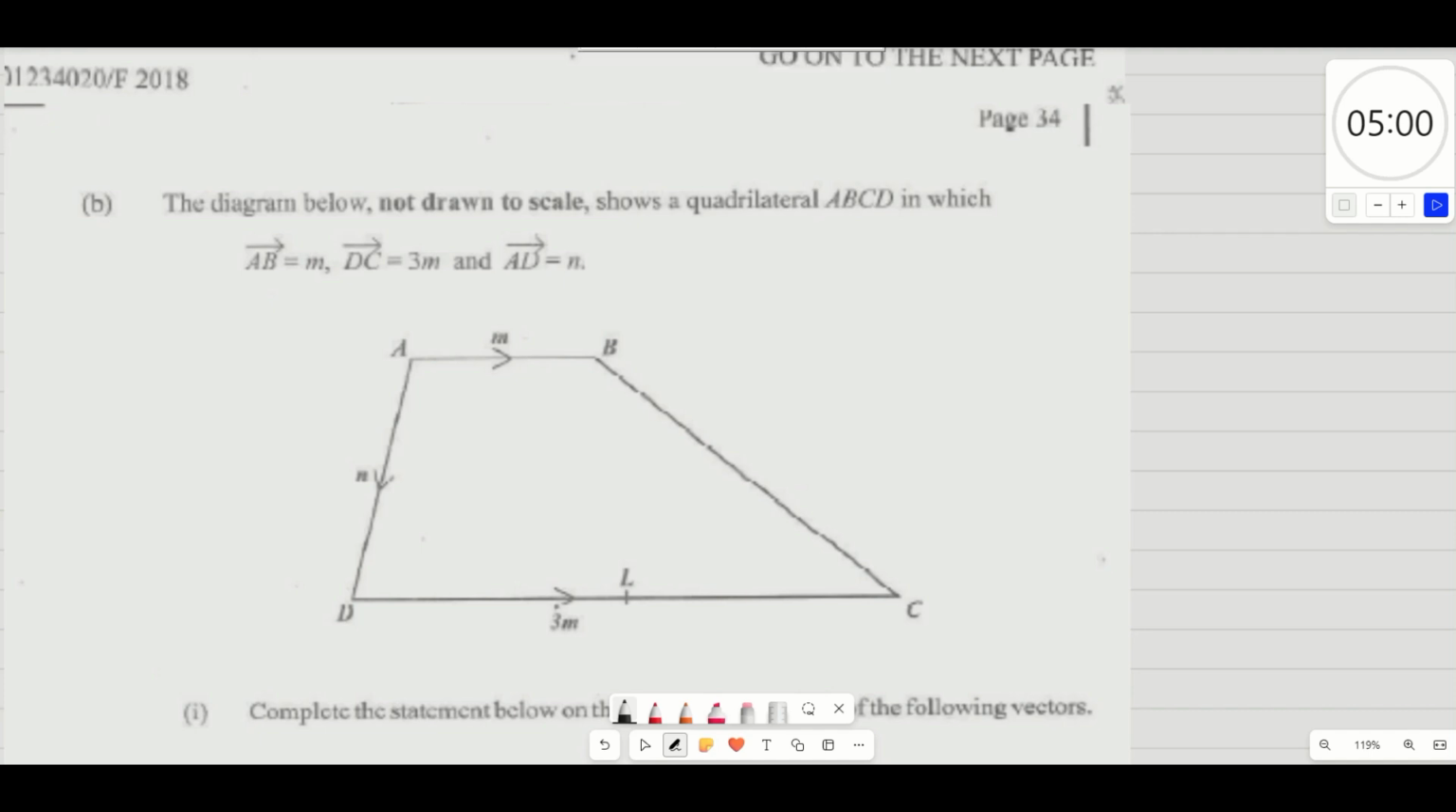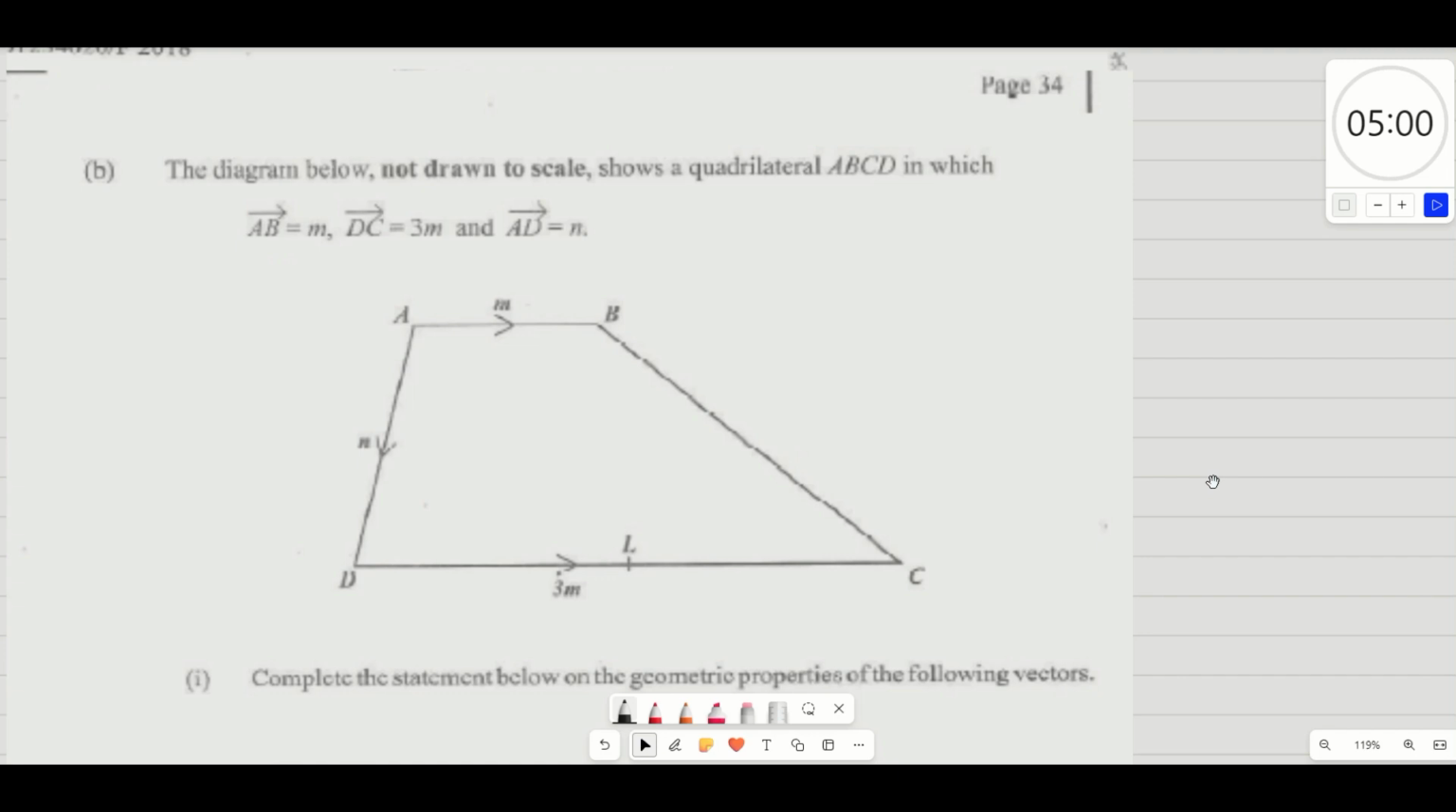Now we're going into the vectors part of this question. The diagram below, not drawn to scale, shows a quadrilateral. A quadrilateral is just a four-sided shape, ABCD, in which AB is m, DC is 3m, AD is n. Now, first off, if you look at these little lines here, that is telling you that line AB is parallel to DC. And remember, when lines are parallel,